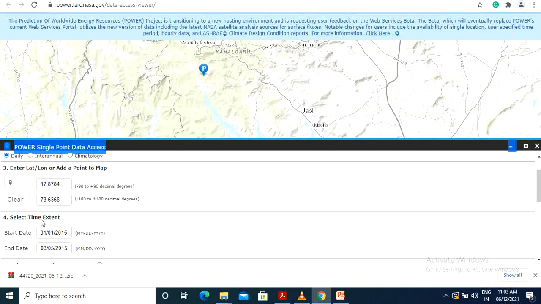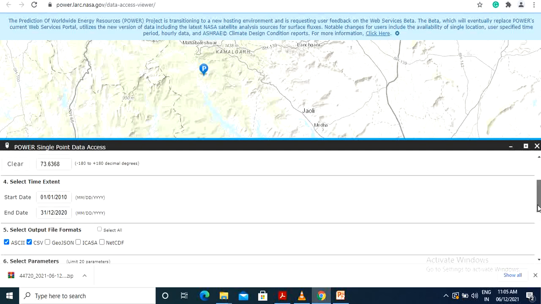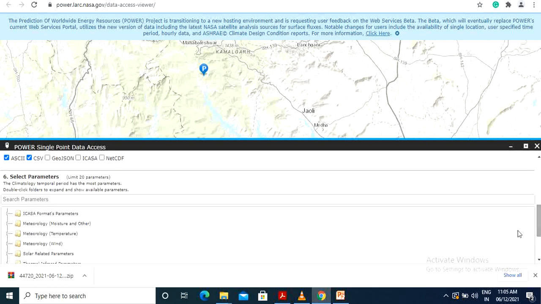Now select the time extent for which you need weather data. From this website you will be able to get the latest weather data. So put start and end date as per your requirement and select output file formats. Generally CSV format and ASCII format are useful, so select those. Now select the parameters.